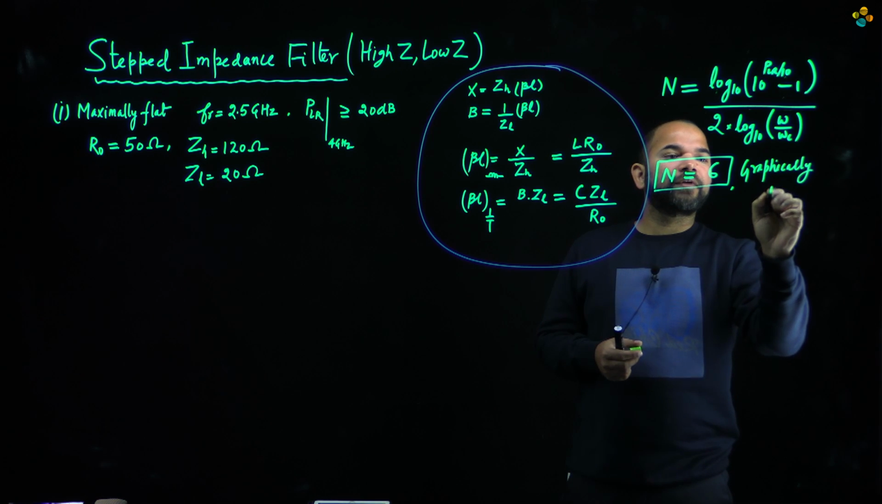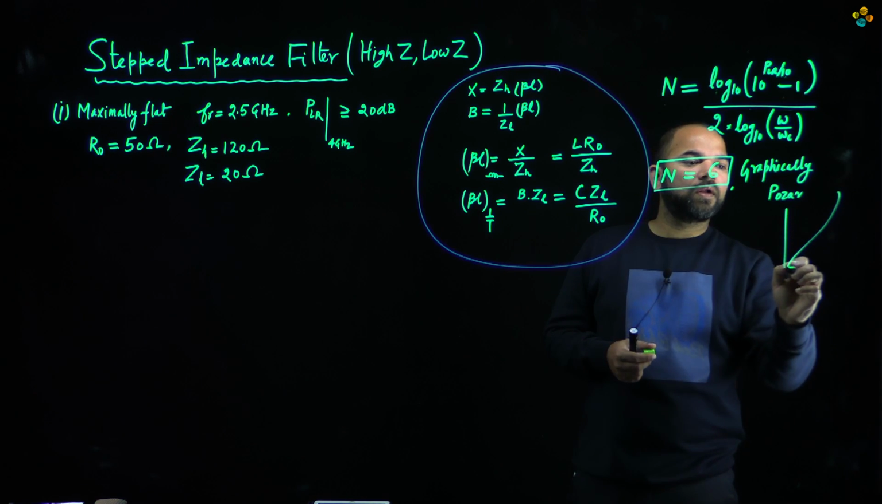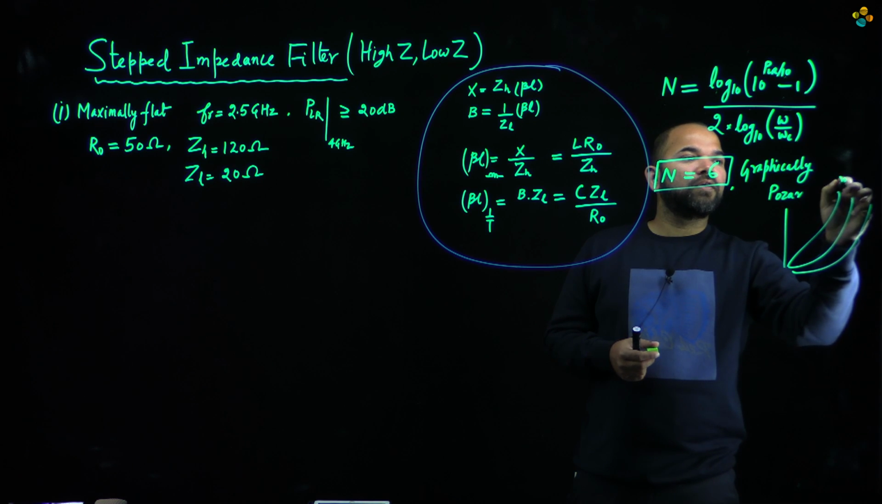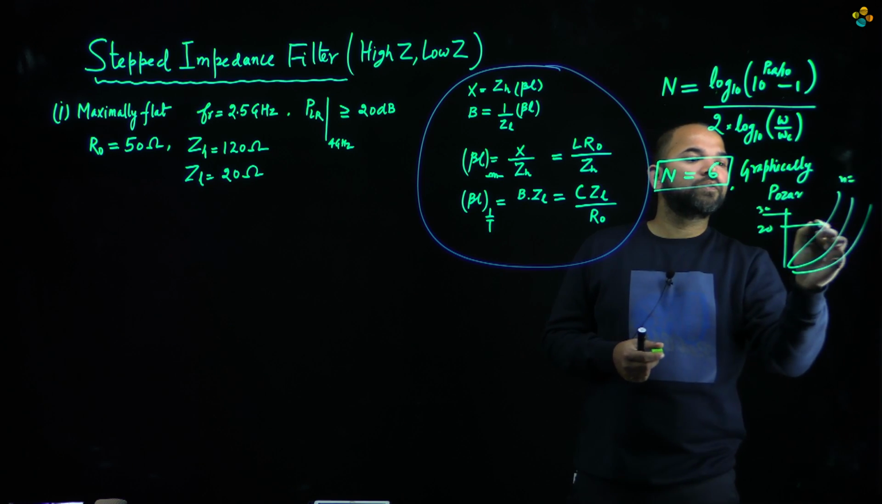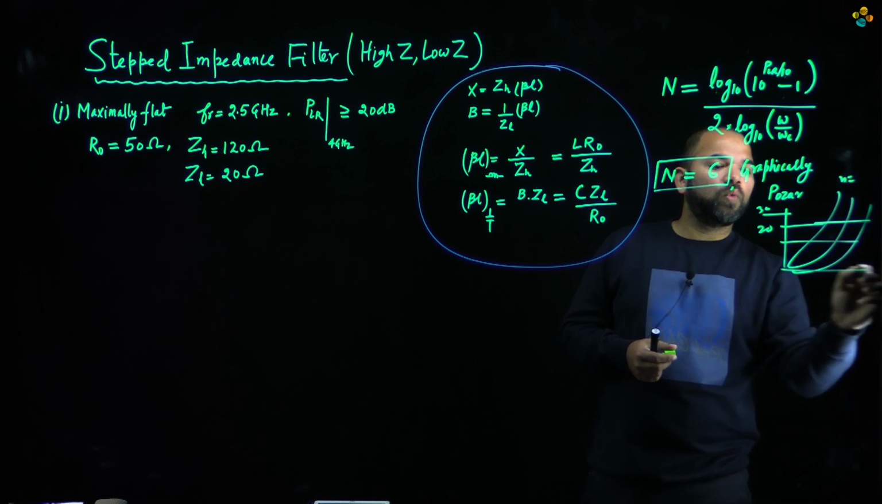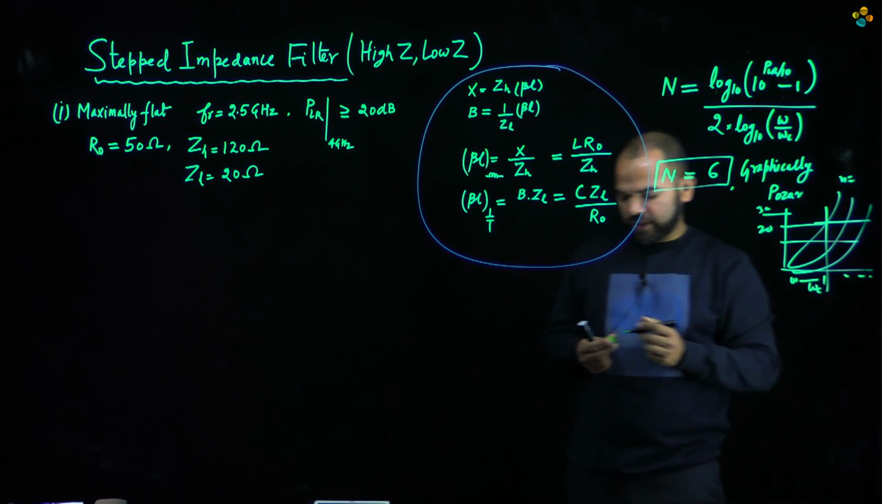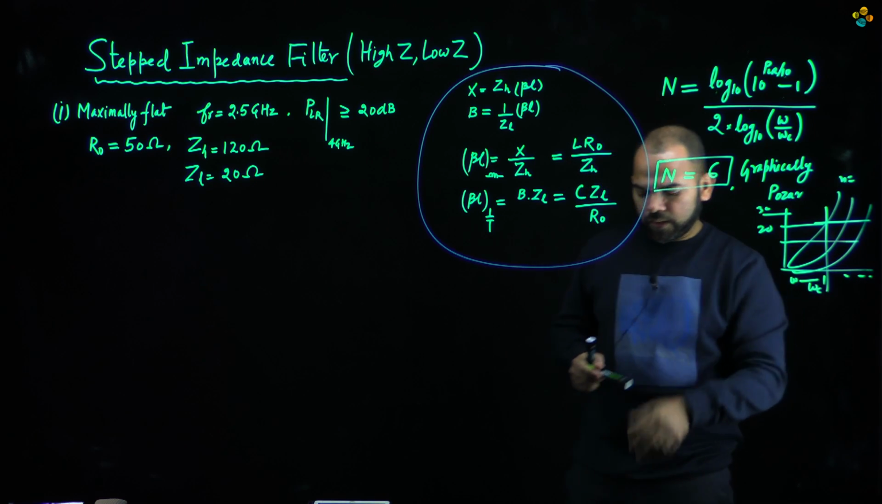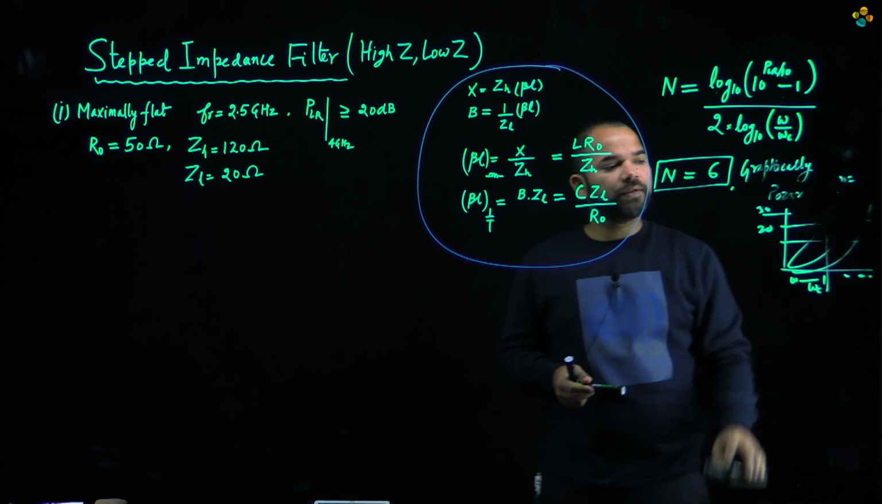So you can refer to the Pozar book, where they have plotted attenuation for different orders. So here is the PLR, say 20 dB and 30 dB. So you can just read off the order of omega upon omega c here. So you can calculate the order graphically as well from that plot. So let's assume this is equal to,